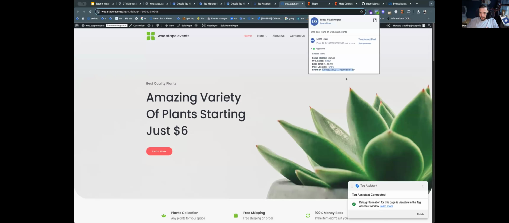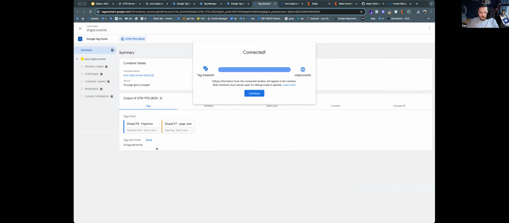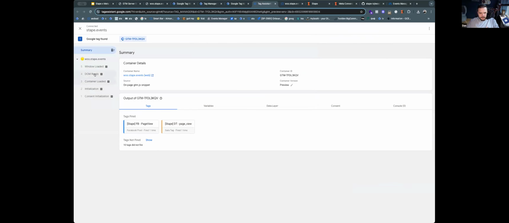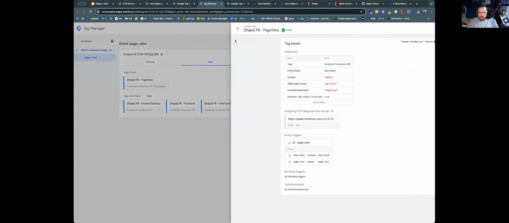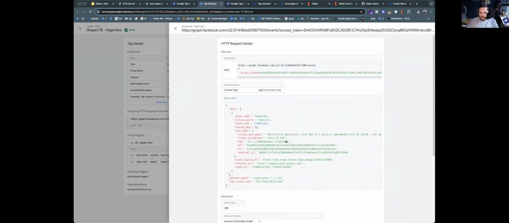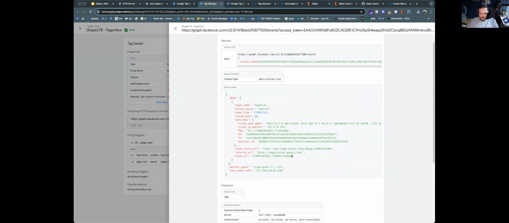There's a bunch of numbers with the underscore in the middle, and it ends in 1864. You can also look at our tag firing right here, and we can see that we've plugged into it 1864. Then on the server, when our page view event has fired, the event ID we've sent again ends in 1864, which, like I said,